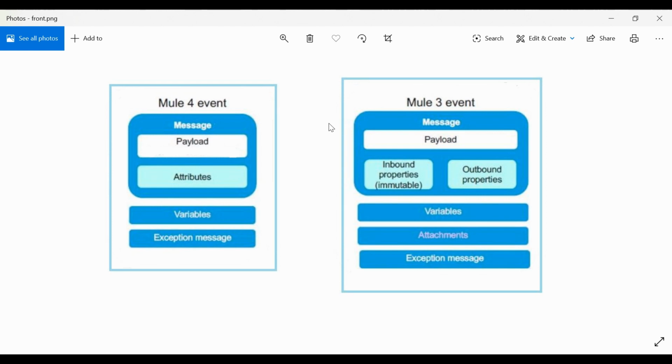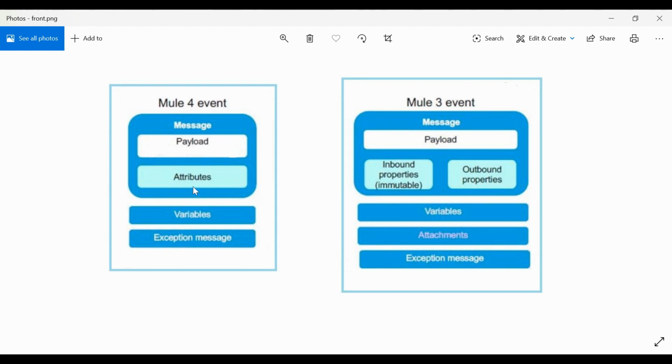Today we will see the difference between Mule3 and Mule4 message structure. Here we can see the pictorial representation of Mule3 and Mule4 messages. In both the pictures we have events that represent core information processed by the Mule runtime. So a Mule event could be triggered from an HTTP listener, Mule scheduler, or some kind of queue like JMS, AnyPointMQ, VM, etc. In a Mule event, we have Mule messages that contain payload with inbound and outbound properties for Mule3 and attributes in case of Mule4.